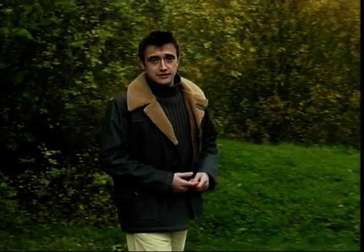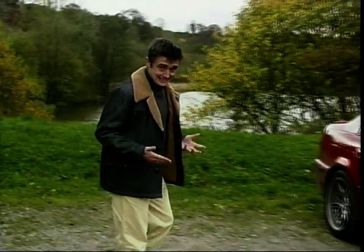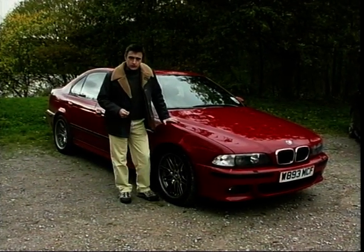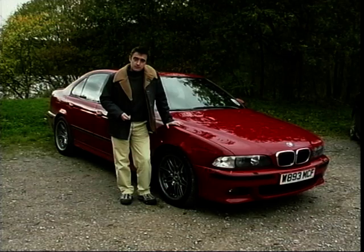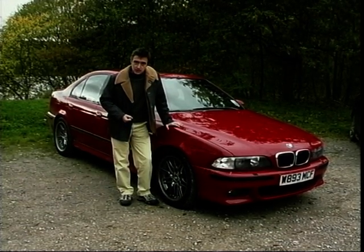Two different cars now taking two very different routes to the same destination, and that destination is to be a car that's pretty much everything to everybody. It's got to be supercar fast, it's got to have room on board for 4 adults, and I do mean room, not all screwed up in the back, and their luggage, and it's got to look good. In other words, it's got to be a super saloon, and this, the BMW M5, is the benchmark super saloon,